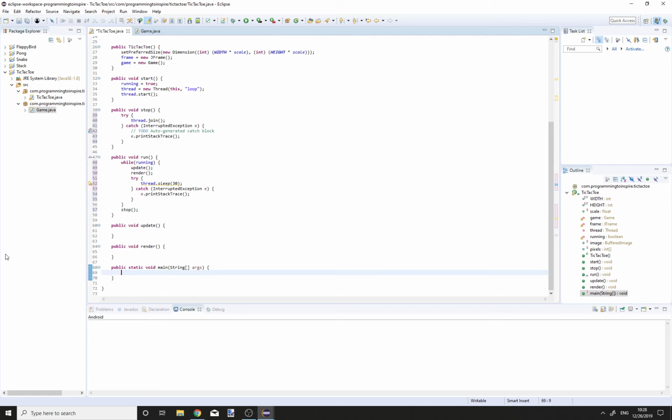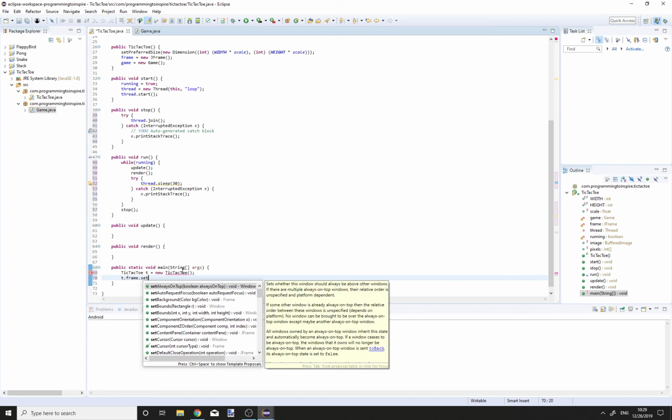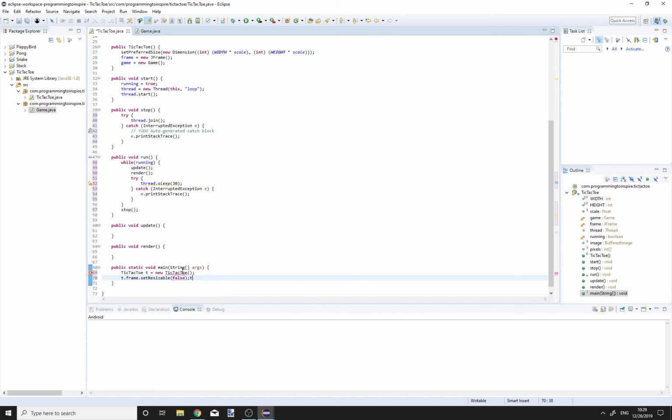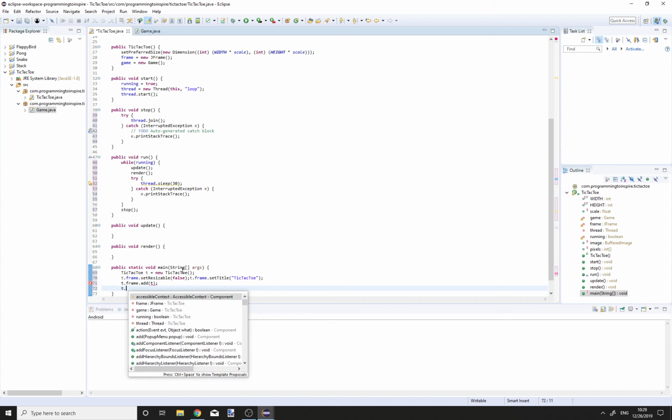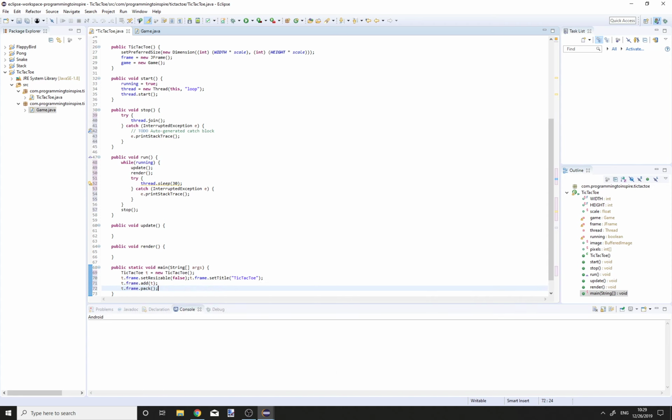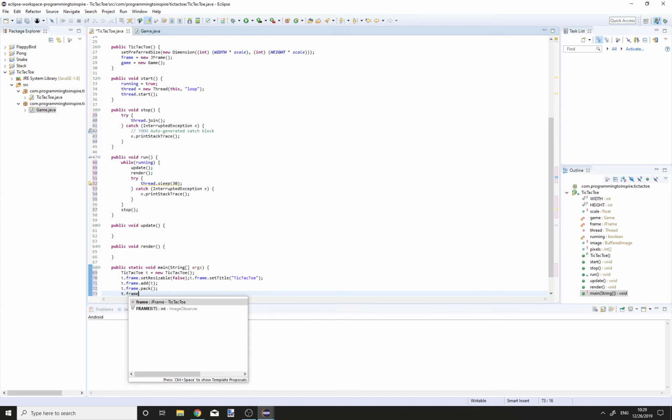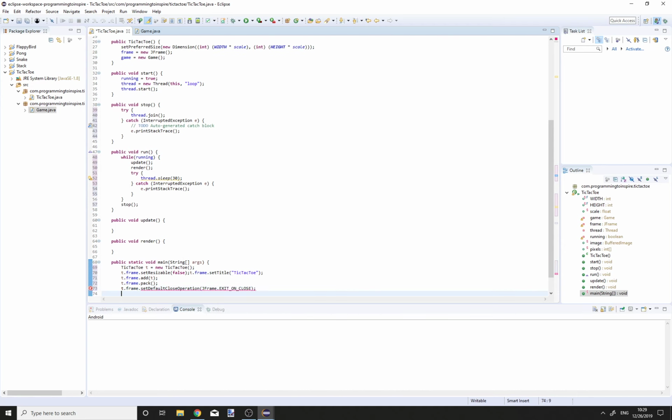Now go to the main method. In the main method, TicTacToe t is equal to new TicTacToe, t.frame.setResizable to false, t.frame.setTitle to TicTacToe, t.frame.add, t.frame.pack, t.frame.setDefaultCloseOperation, JFrame.EXIT_ON_CLOSE,